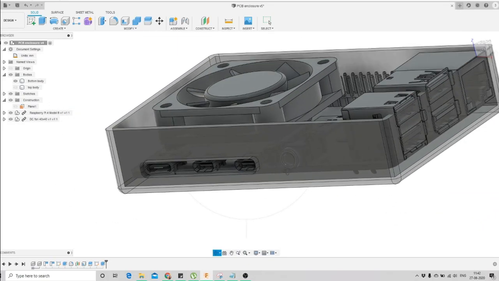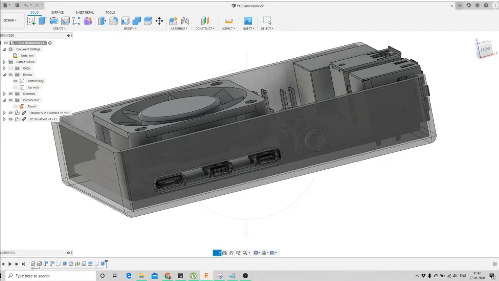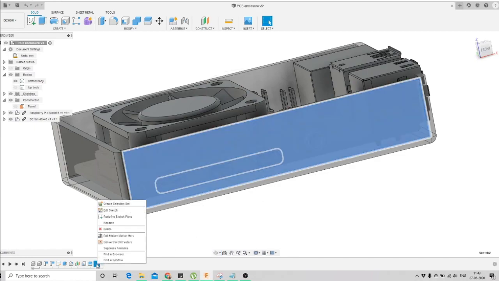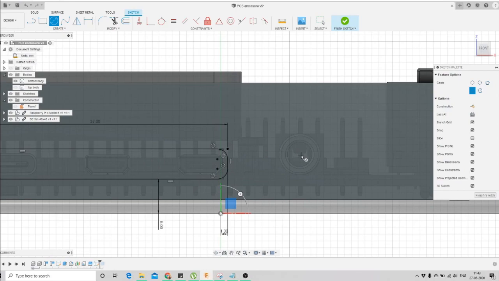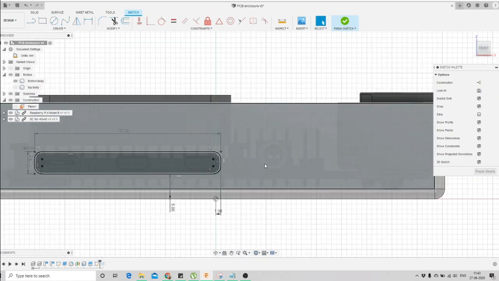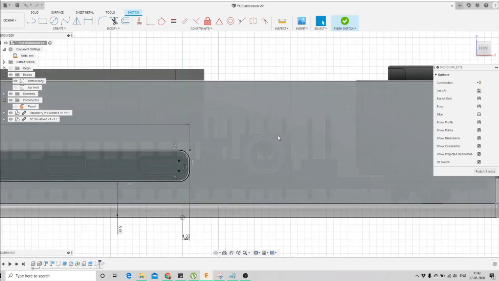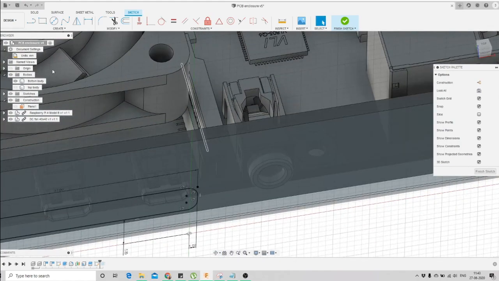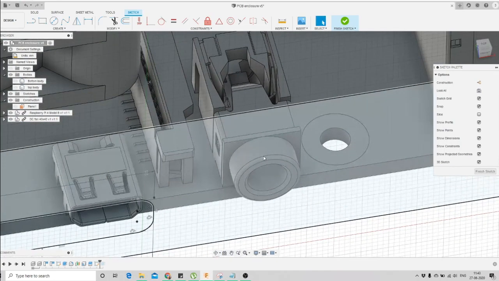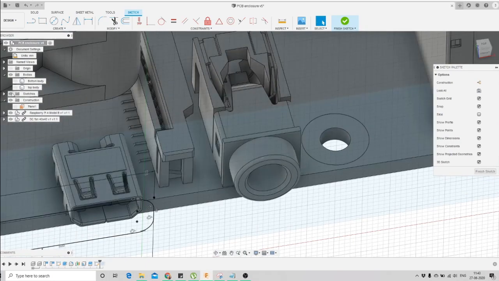Now we'll create one more opening for this charging point, I think the power supply. So we'll go back to our sketch, click on it and edit this sketch, and in the same sketch we'll create a rectangle here. Sorry, it's not a rectangle, it's a circle. So we'll create a circle here. Instead of creating a circle, we can also project this geometry onto this plane. What I mean is, if I turn off our top body, you can see this is our circle already here. I have to turn off the sketch also.